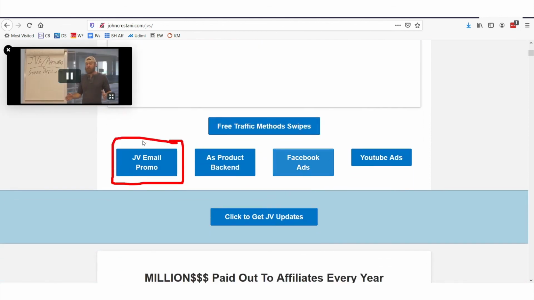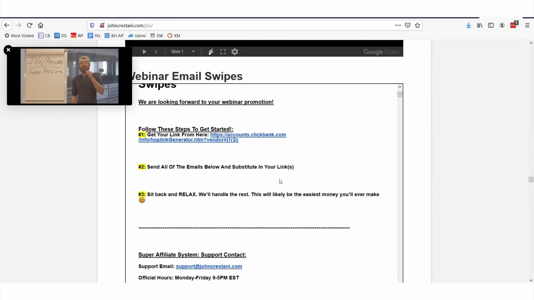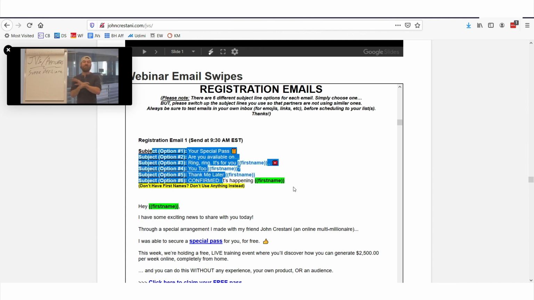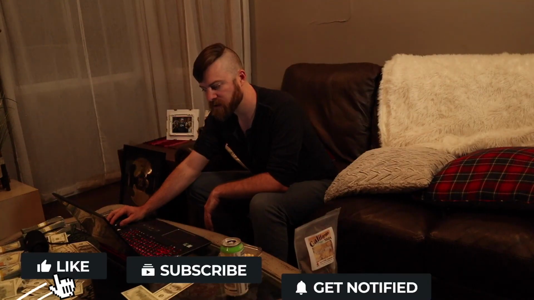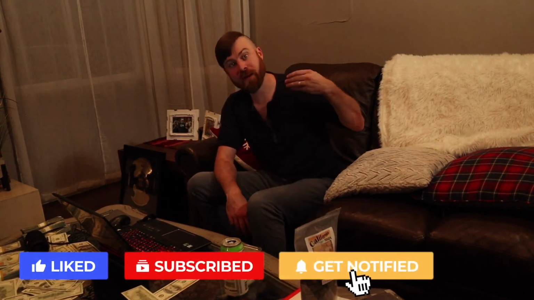So if you're sending out emails, you click this button and you get a bunch of emails with all the information you need: different subject line options, and what to put in the actual email itself. If you don't know their first name, just say hey. If you don't want to use your name, use a pen name, and you just replace these links with your affiliate links. That's all there is to it. So you have emails to send out, you have lists that you can use, you know how to set up labels, you know how to even segment